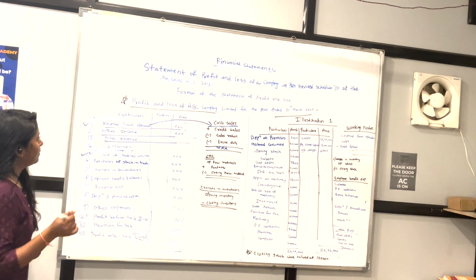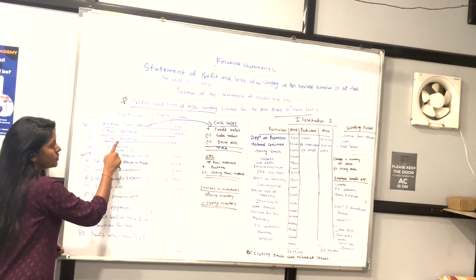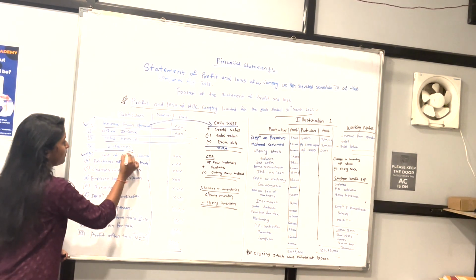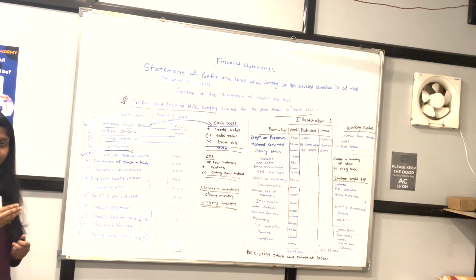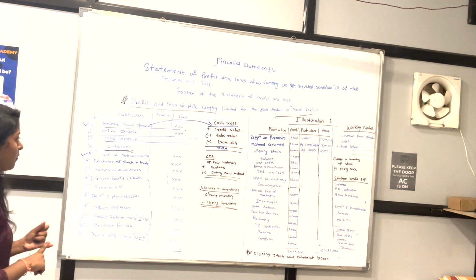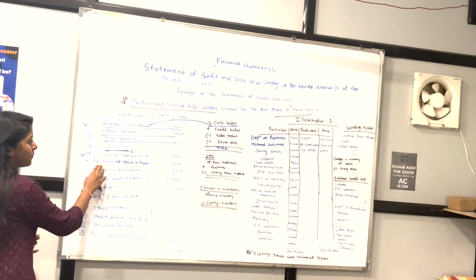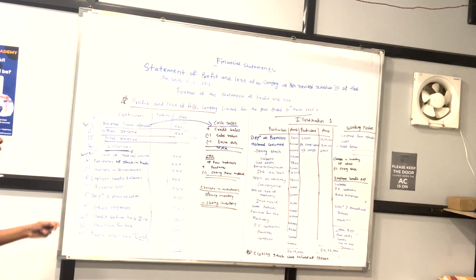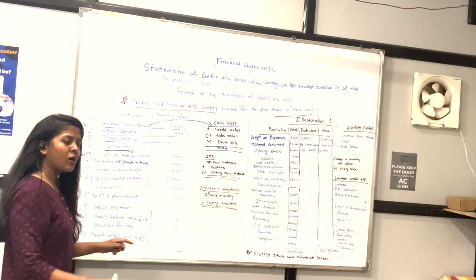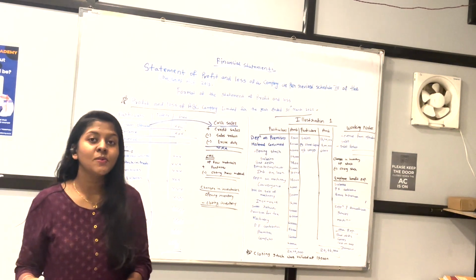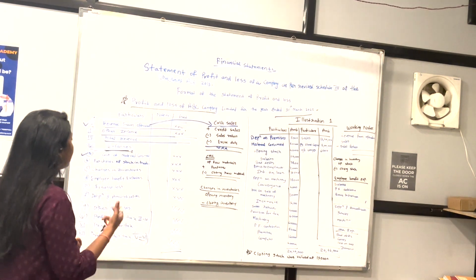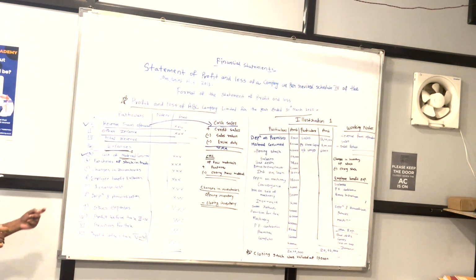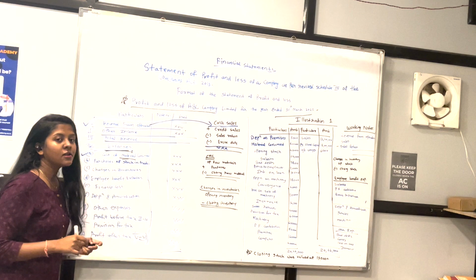Okay, so after this total revenue, we'll move to the next head, which is expenses. Expenses are classified into cost of material consumed, second is purchase of stock in trade, changes in inventory, and so on. Now, cost of material consumed. What is this cost of material consumed? How much material is consumed and what is the cost of that material? So how to calculate this cost of material consumed?